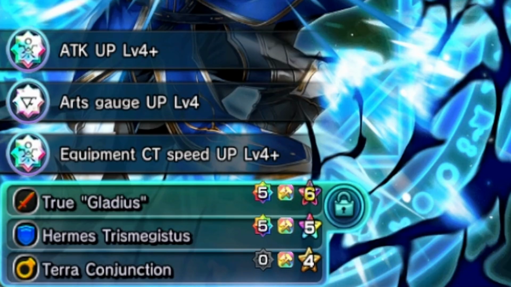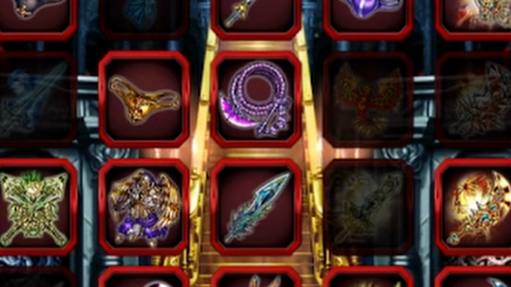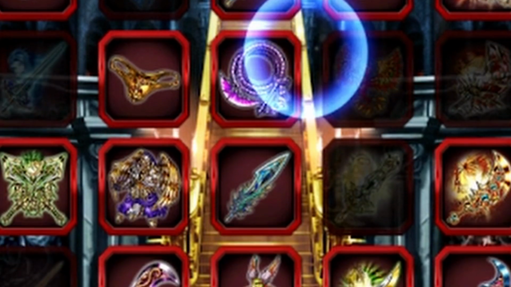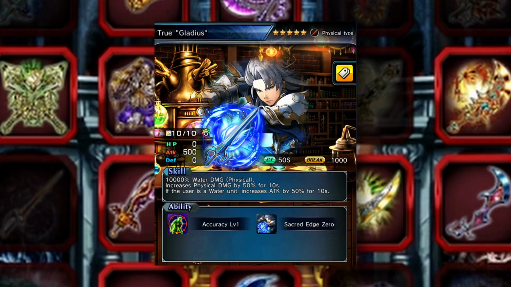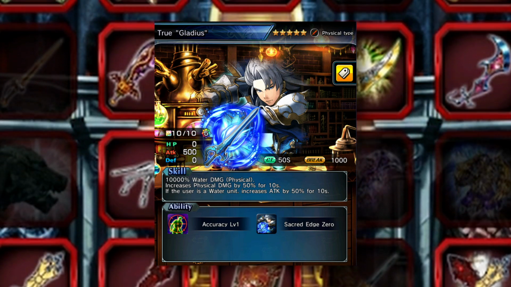In terms of his equip slots, he's going to be having a 5-star physical, 5-star defense, a 4-star heal. If you take him all the way up to LB7, he's going to be getting the 4-star support. I'm going to tell you guys right now, this is probably one of the biggest things. Make sure this guy gets his true weapon. If you're using him, get his true weapon, because that true weapon allows him to start with 100 art gauge